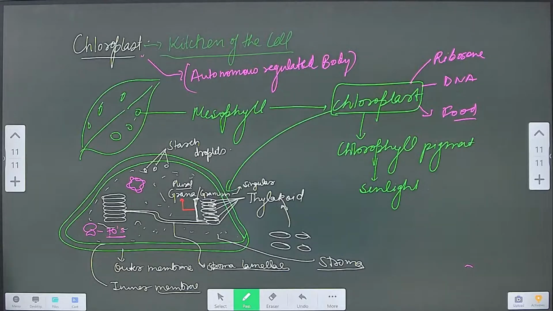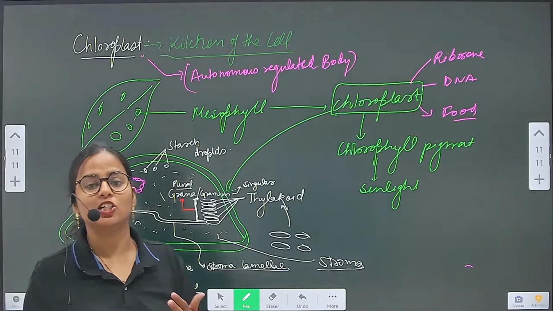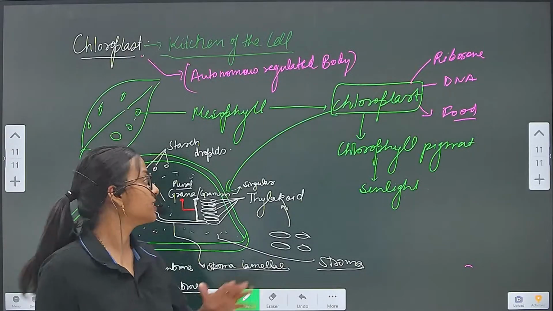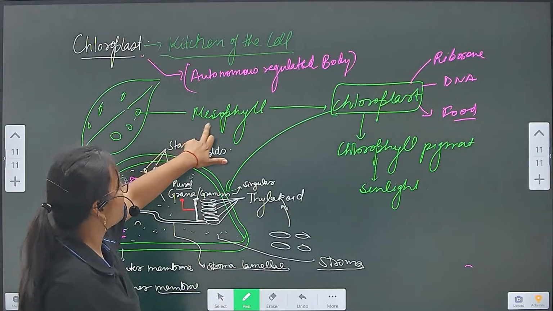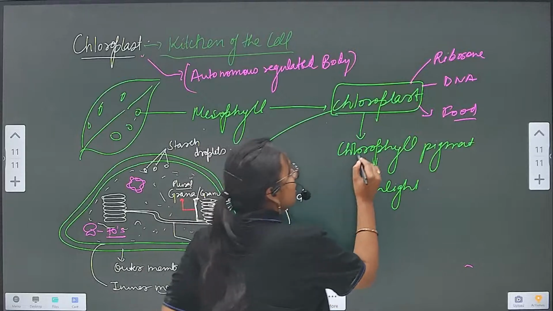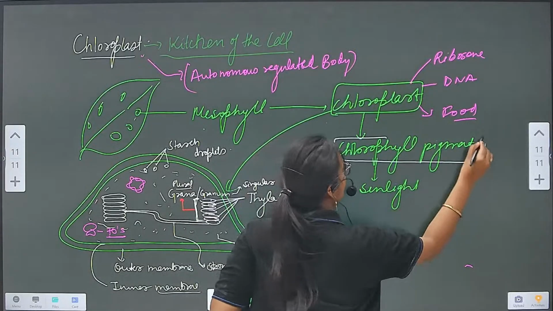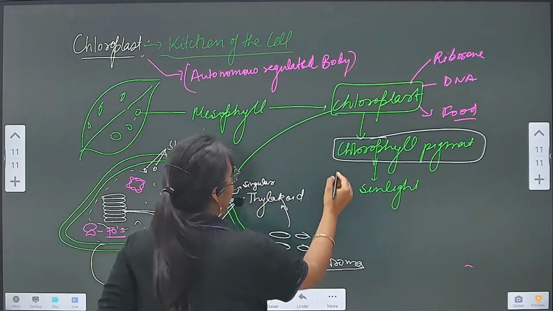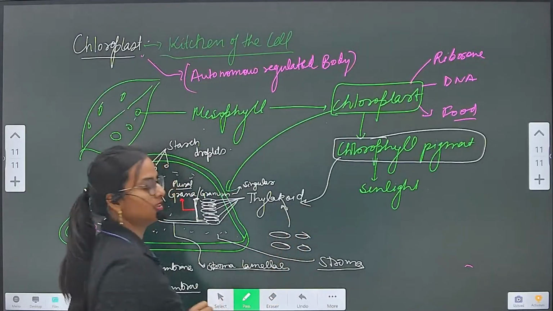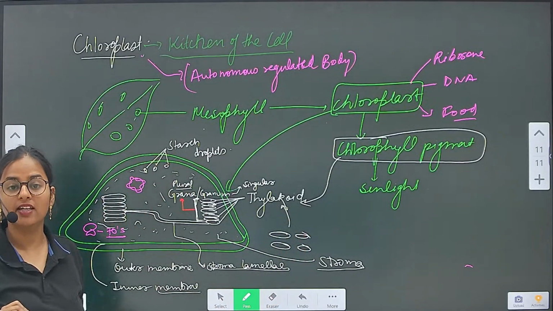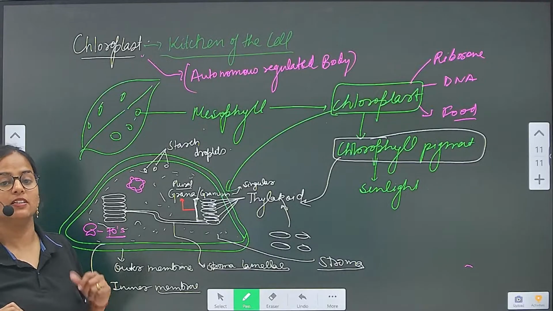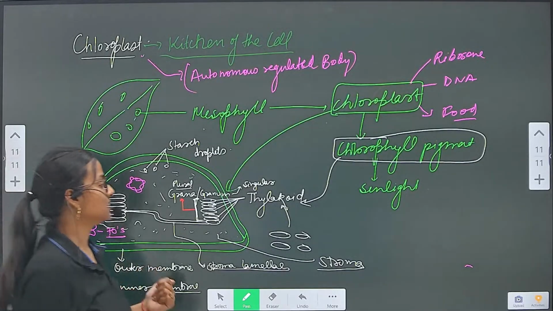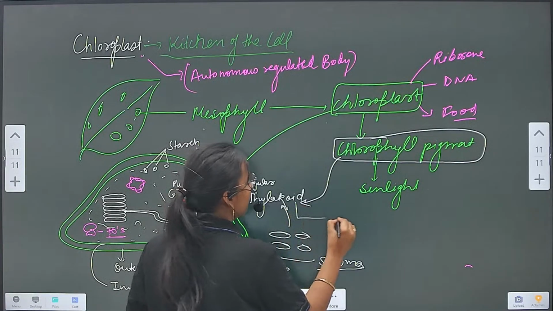Yes. Now the question is, ma'am, you said the pigments are present in chloroplast, like in mesophyll chloroplast, the chlorophyll pigments. Where are these chlorophyll pigments present? The chlorophyll pigments are present in the thylakoid. Okay. Chlorophyll pigment is present in the thylakoid, and the thylakoid also has a mechanism